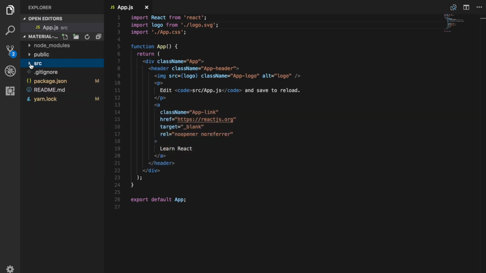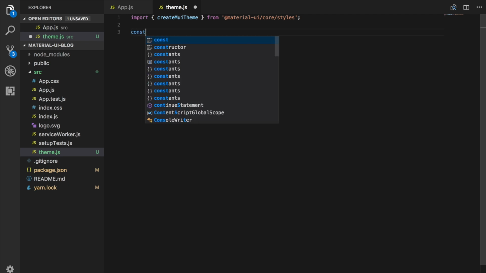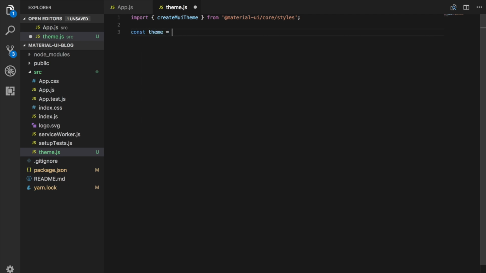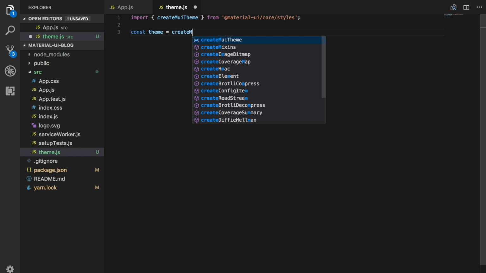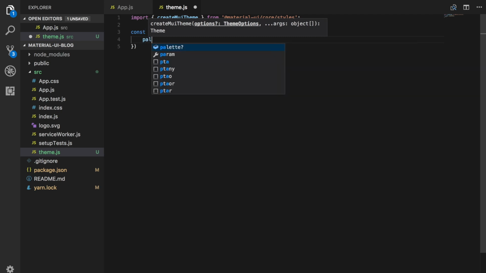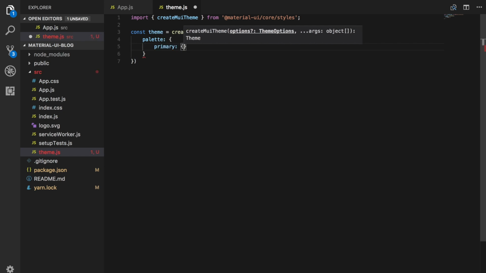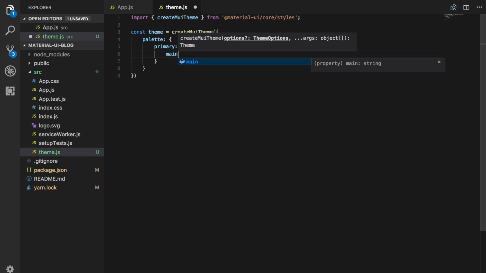And inside our directory, we'll be creating a theme.js file. Paste that in there. And then we'll create a theme variable, and then we'll do createMuiTheme and invoke it, pass it an object. We'll be updating the palette, and inside the palette we'll access the primary property. We'll be updating that, and we're going to need to pass in this main property as well to update that. So the color we'll be using will be this hex value,